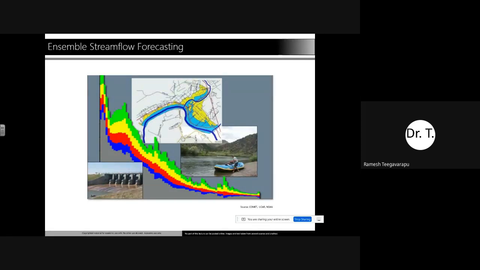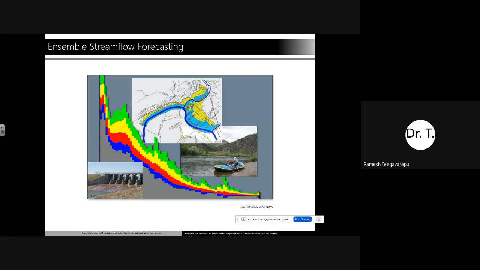When it comes to operational forecasting, meaning forecasts that have an impact on flood warnings, flood watches and flood alerts, that is day-to-day forecasting, with a lead time of 6 hours, 12 hours or 48 hours.